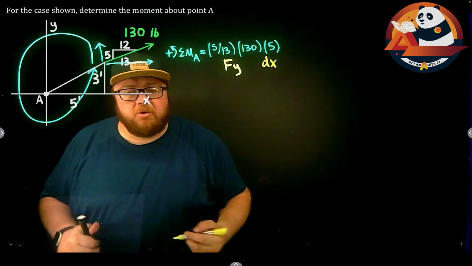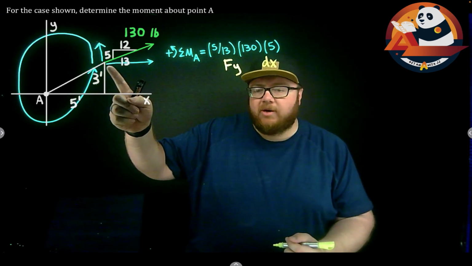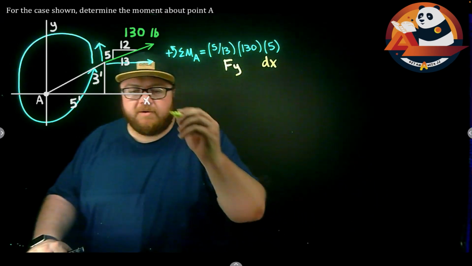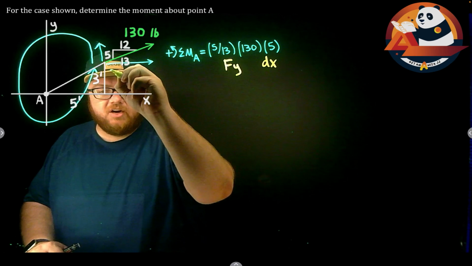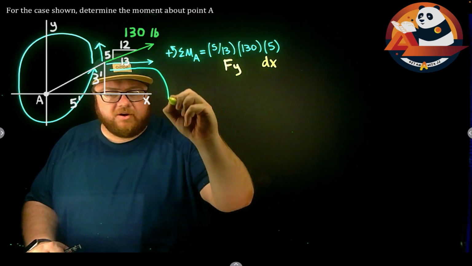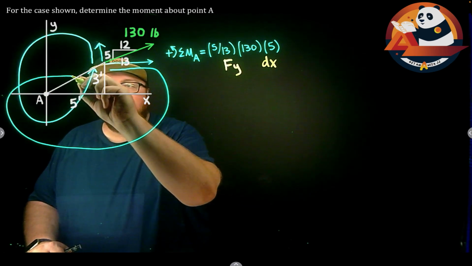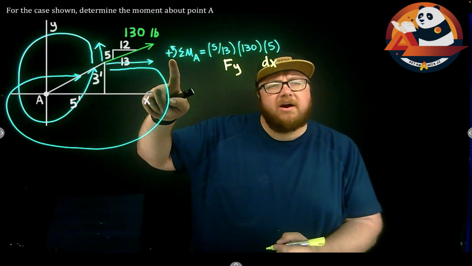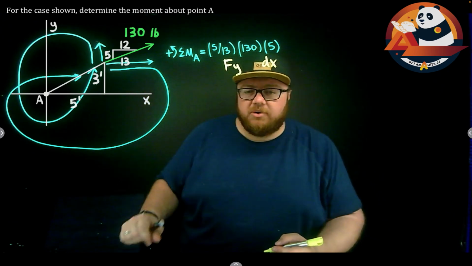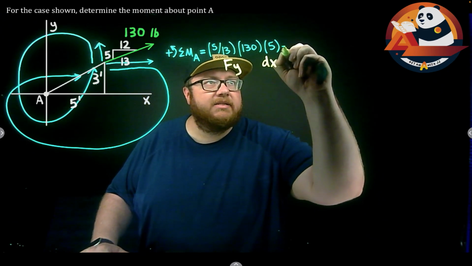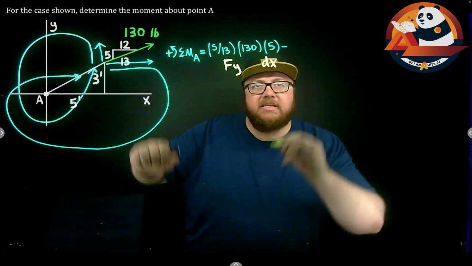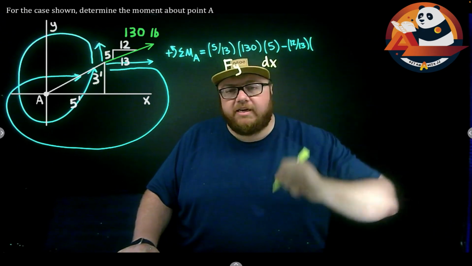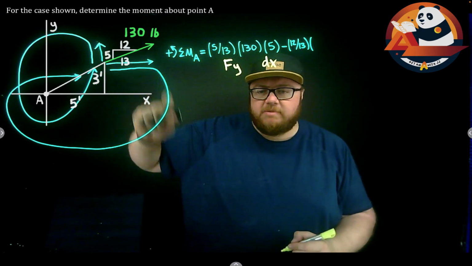From there, we can come in and say, well, what about my x component? That x component points to the right. Even though it's in the positive x direction, I have to check the rotation direction. So again, doing my circle trick here, if I draw to the right along the force's component, and then in one continuous circle, try to complete that, I'm going clockwise this time. Clockwise, but I took counterclockwise as positive. So I just subtract this one out. So let's say minus my Fx, my x leg of the triangle, 12 divided by the hypotenuse, 13, 12/13, times my total force, 130,